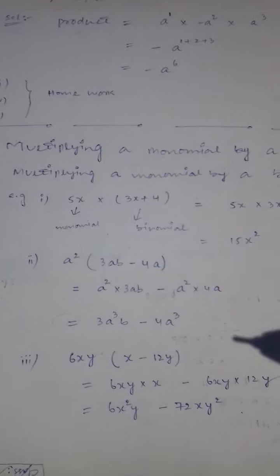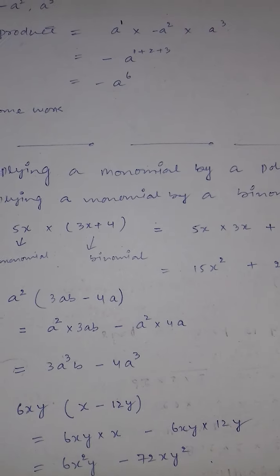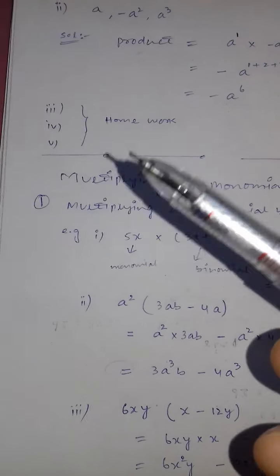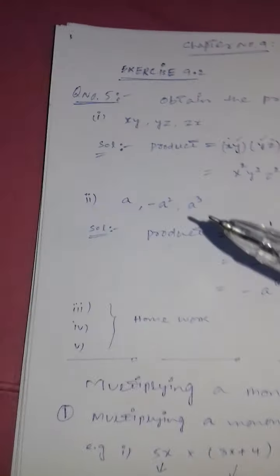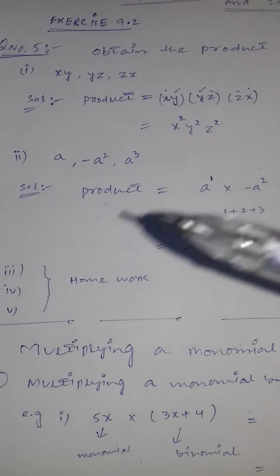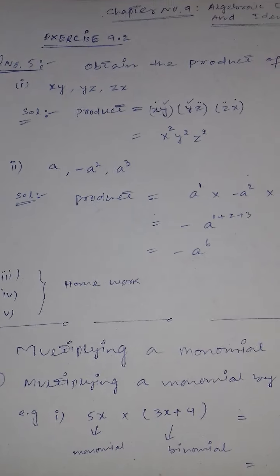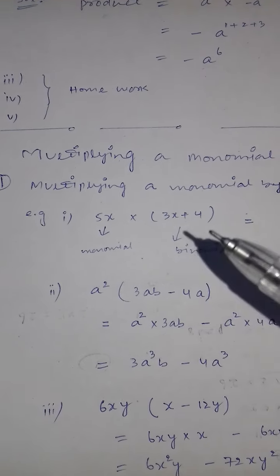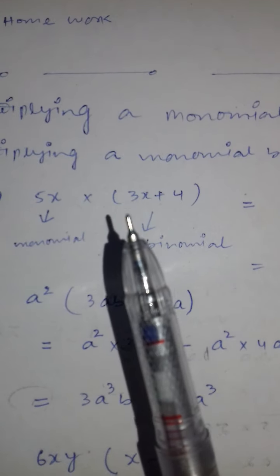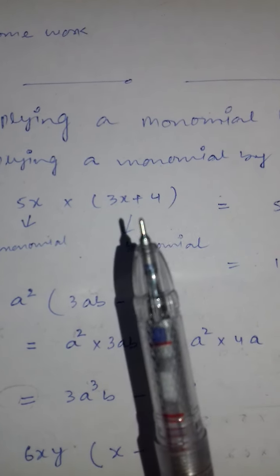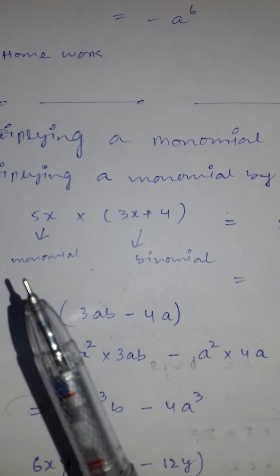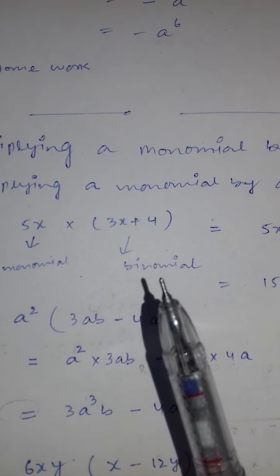Now the next topic is multiplying a monomial by a polynomial. Everywhere I am saying polynomial, but actually these are parts, like multiplying a monomial by a binomial. In this you have seen how to multiply monomials with monomials, no matter how many monomials there are. But here we are going to explain how to multiply a monomial with a binomial. A binomial is an algebraic expression containing two terms. This one is a binomial, and this is a monomial because it is a multiplication, it is considered only one term.